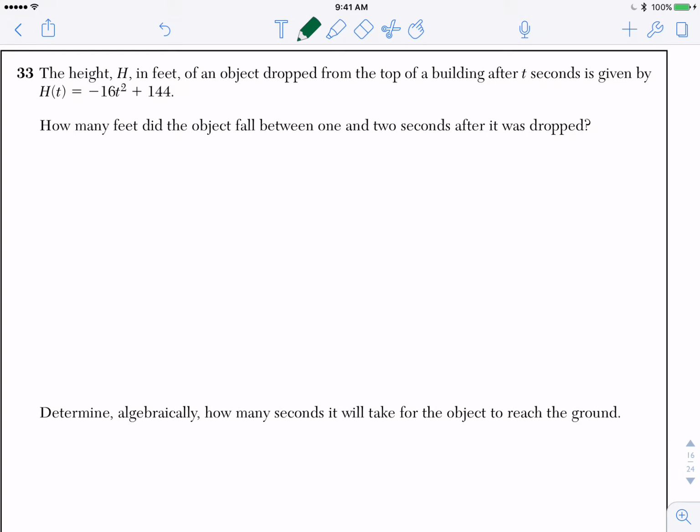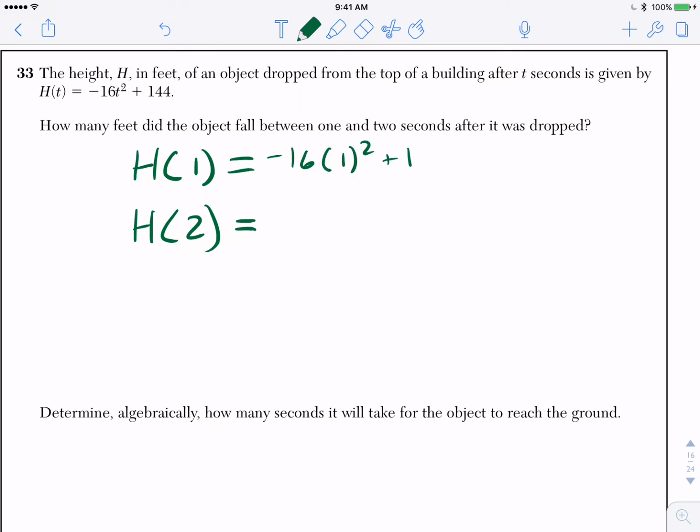So it says how many feet did it fall between 1 and 2 seconds? So what we're going to do, we're going to observe at what height it was after 1 second, which would be h of 1. We're going to see what height it's at h of 2, which would be 2 seconds. And we're going to compare the two. So that will tell us what the difference was between 1 and 2 seconds. So if we evaluate h of 1, do this with the graphing calculator and just observe the table. If we observe h of 2,